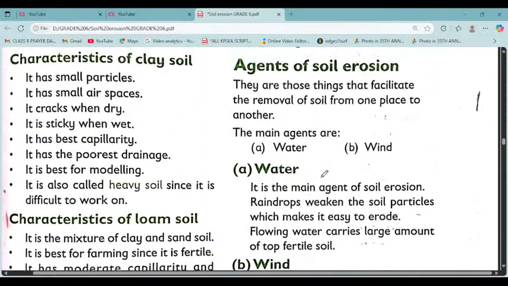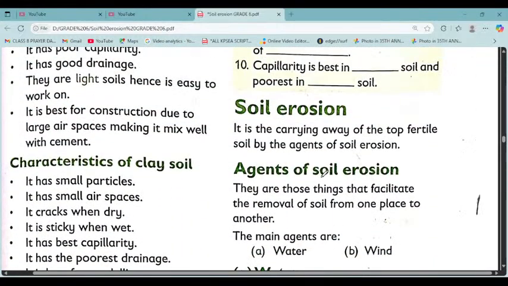Now we will go to questions. Let's jump again into the soil erosion. We have said it is